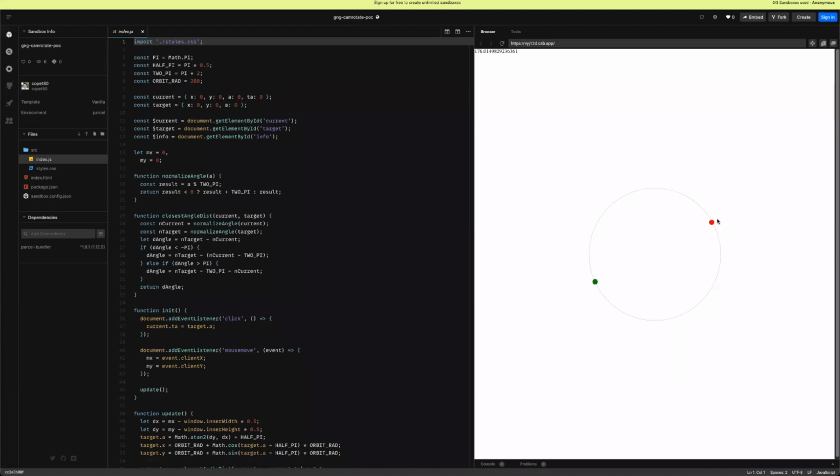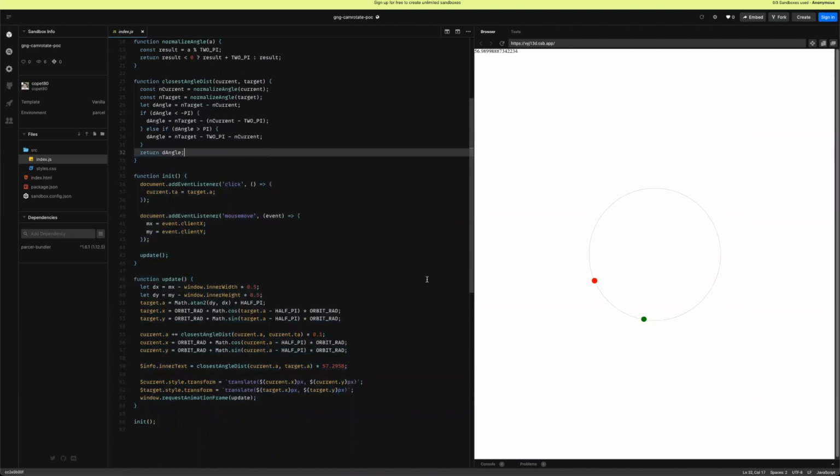If I go here a little bit, I know as a human being the shortest path would be on the clockwise side, like that. But if I go 180 degrees but left, a little bit to the left, the shortest path would be turning around anti-clockwise. Essentially, this proof of concept is really just to find the algorithm to be able to find the shortest rotation to the target. That's just to illustrate what the proof of concept essentially is like. It's as simple as that.